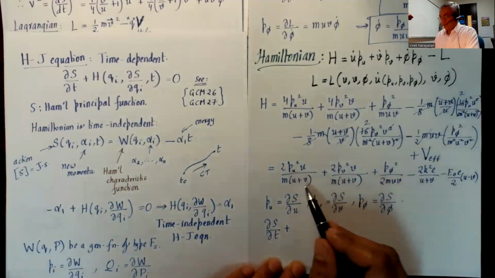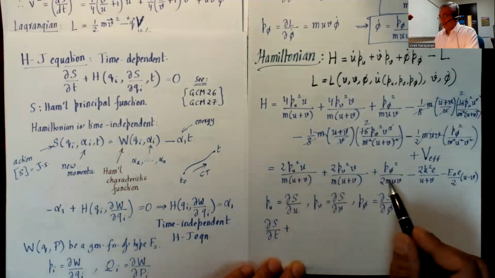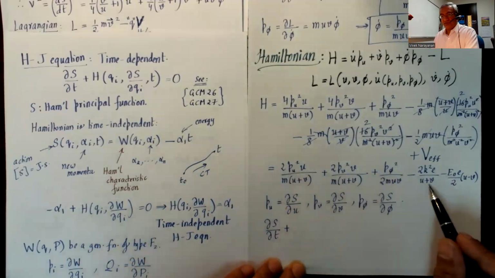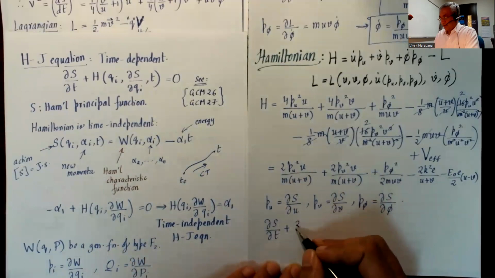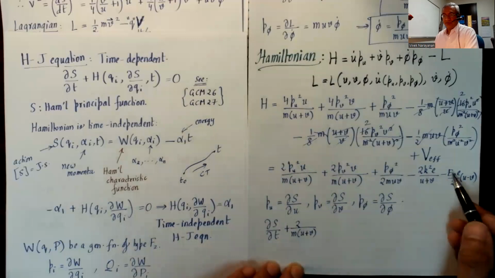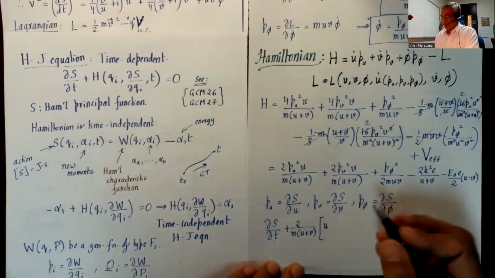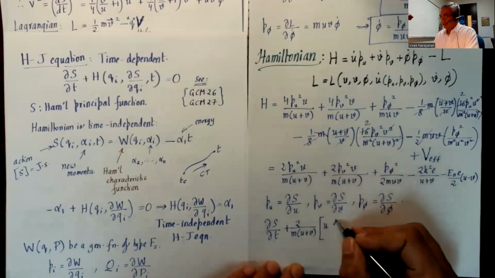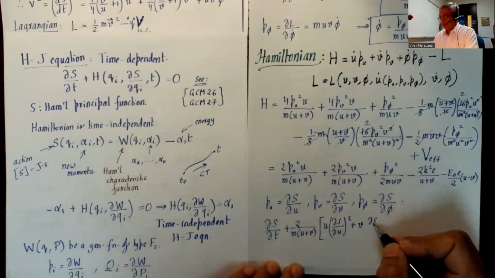There is a 2 over m u plus v, at least in the first 2 terms. But there's that in this term, but it's not there in this term, and it's not there in that term. So we'll repair the damage by appropriately multiplying them with u plus v in the numerators. And also in these cases, we'll also multiply m in the numerators because there is no m either in these terms. So let's put a big parenthesis. U times pu squared, which is del s by del u squared, plus v times del s by del v squared,